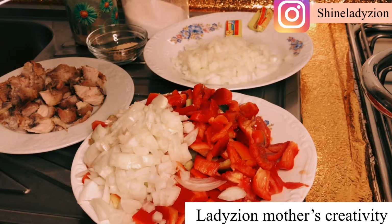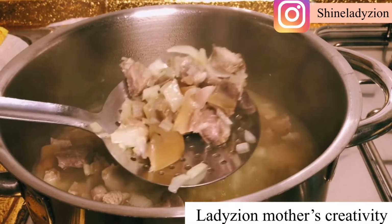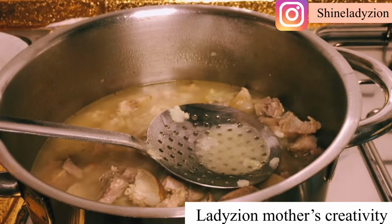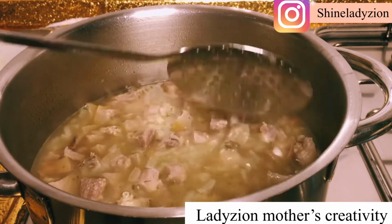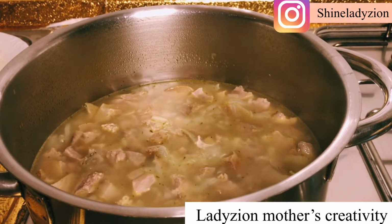The kpomo is cooking already. I'll show you. So guys, this is the kpomo. This is how I cut it. Maggi cube, I use half of it to cook the meat and some onions and a little time to make more. So guys, I will leave the